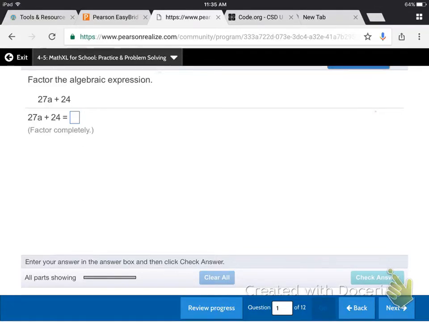Okay, boys and girls, here we go. The last lesson of this semester, the last lesson of topic 4 before we close out the year, and we are factoring algebraic expressions, which means we are doing the opposite of what we did yesterday when we were expanding algebraic expressions. Okay, so yesterday you might remember that we might have started with something like this, 3 times 9a